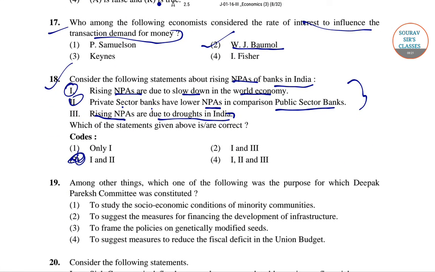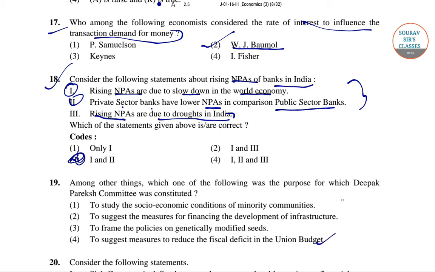Now we'll go to question number 19. Among other things, which one of the following was the purpose for which Deepak Prakash Committee was constituted? So 4 options are given: to study the socio-economic condition of minority communities, to suggest the measures for financing the development of infrastructure, to frame the policies on genetically modified seed, and to suggest measures to reduce the fiscal deficit